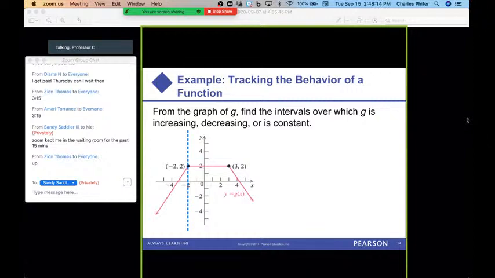What's the x value there? So the x value there is -2, right? So we say that the function is increasing. We said the function is increasing from the far left, -infinity, up until x equals -2. We say it's increasing from -infinity to -2. Okay. Then the next part,